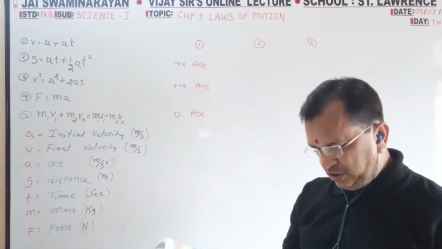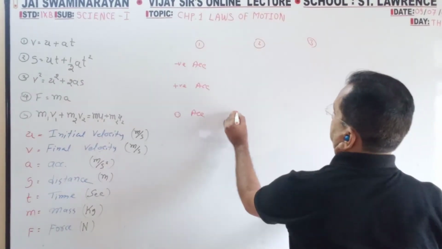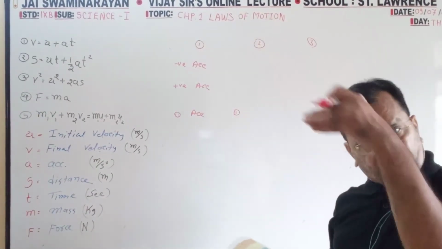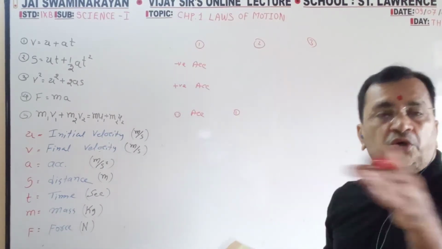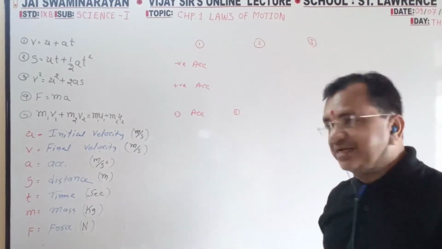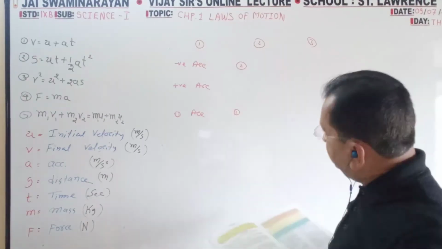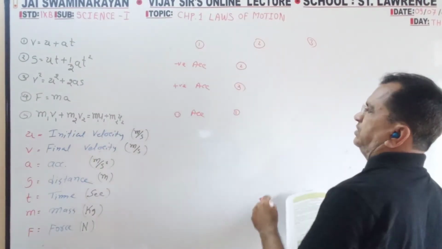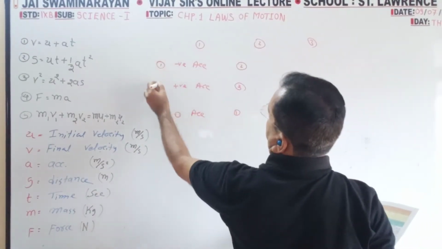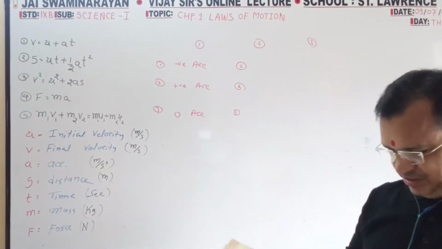Now column number 2. The velocity of the object remains constant. So first will come here. In second column 3 are given, so first will become at the bottom. No change in speed, zero acceleration. Second, velocity of the object decreases. So second is here. Velocity of the object increases, so positive. So first, second, third, these are the same. This you have to match like this. I will not write each and every one because it is given.